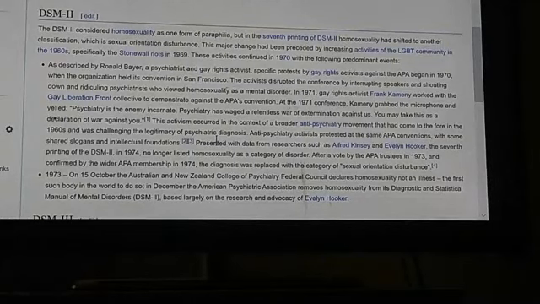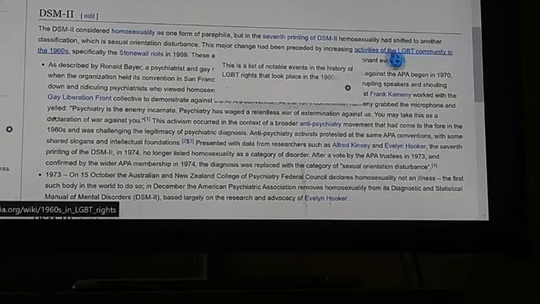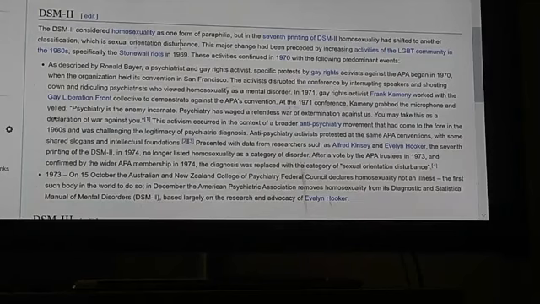So, the DSM-2 considered homosexuality as one form of paraphilia, but in the 7th printing of the DSM-2, homosexuality shifted to another classification, which is sexual orientation disturbance. This major change was preceded by increasing activities in the LGBTQ community in the 1960s, specifically the Stonewall riots,